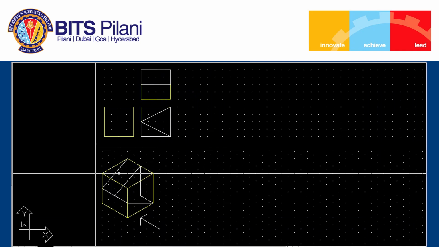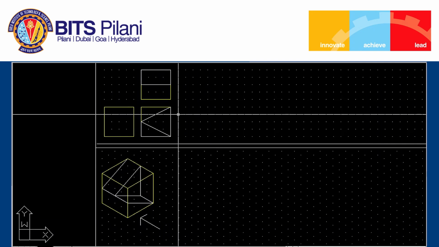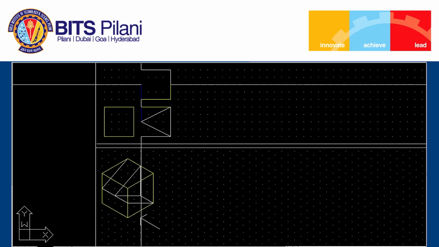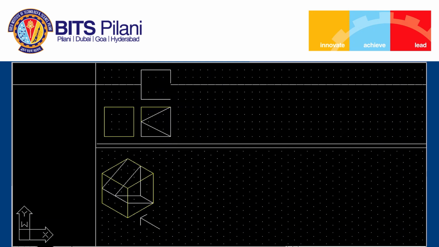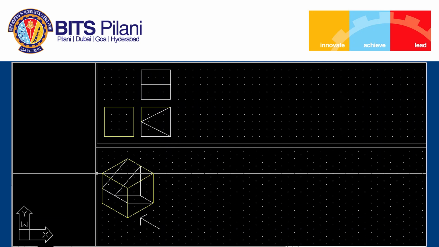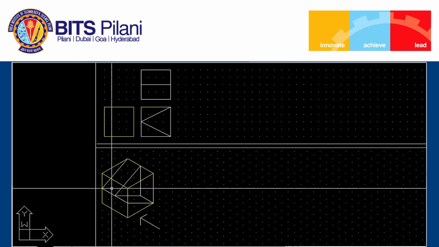So I can draw this, the area view for this particular surface. In a similar way, the area view for this surface will be similar. So this is the top view. Now if you see, all other surfaces are satisfied. Coming to the side view,